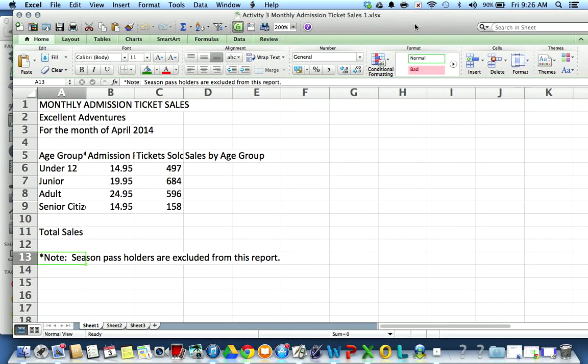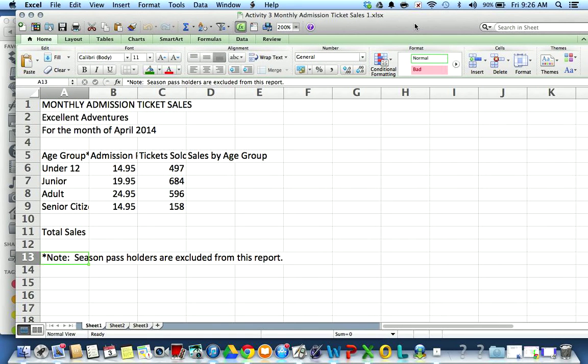In Lesson 3, in the next activity, we're going to talk about monthly admission ticket sales, and our company, Excellent Adventures, must keep track of its revenue to know how much money they bring in each month. Without your revenue, which is your sales, a business cannot exist. For this activity, we're going to use Excel to create a report that tracks their admission ticket sales for 1